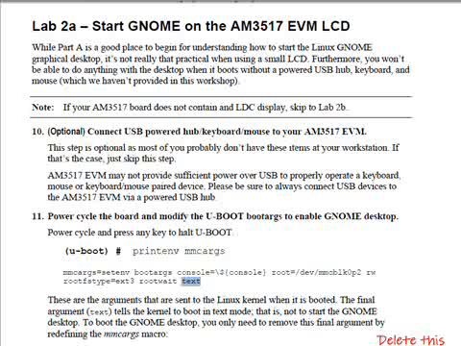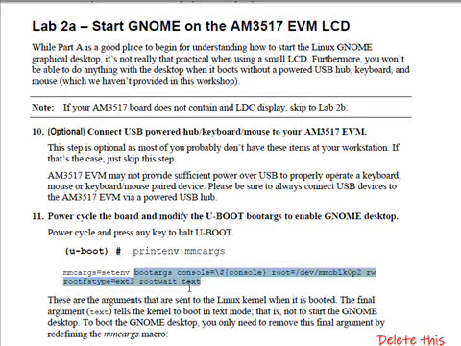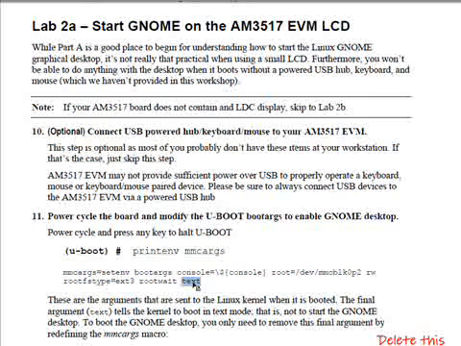Lab 2A is fairly simple. As a matter of fact, the default behavior of the environment we're using is to boot in exactly this manner. We've been overriding that default behavior by inserting the text keyword in the boot arguments, if you look down here at the bottom of the page. So this final keyword text will, when you get to the portion of the boot procedure which would normally start the GNOME desktop and display it on the EVM's LCD, I'll show you when we get to that script. If it finds the keyword text in the boot arguments, then it will basically just bypass booting up the GNOME